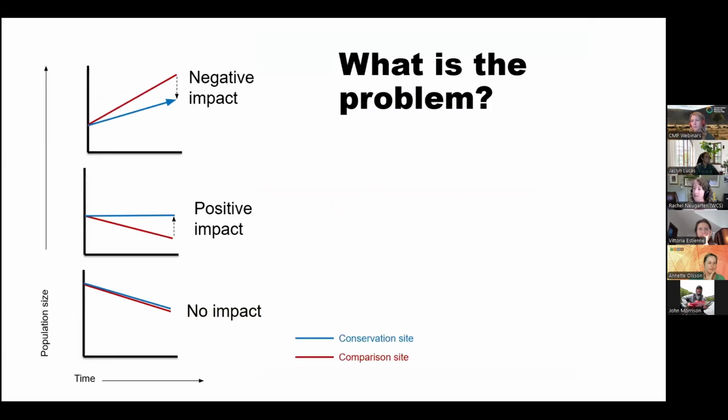So what is the problem with this? If you are in this scenario where your population or deforestation trend or whatever you're monitoring appears to be going in the right direction, but your counterfactual indicates that even without your intervention things would have been better off, what might happen? So this is another interactive question. Quickly type in the chat, what's the problem with this, right? These scenarios in which your monitoring data, your trends data, doesn't really align with the direction of the impact that you're having. I'll pause there if anybody has some ideas in the chat. What's the consequence of this, or what's the implication of this for your conservation work?